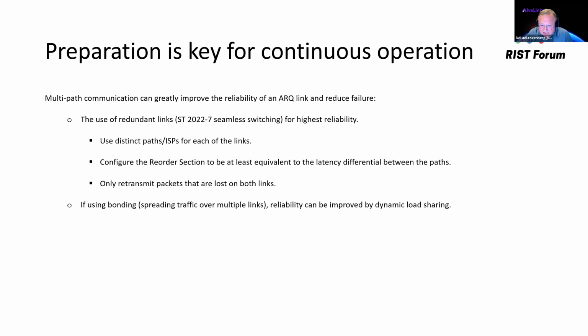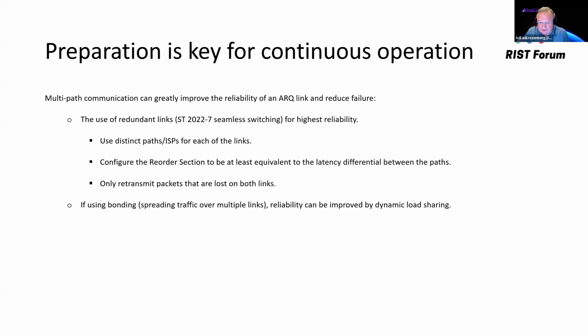Only retransmit packets which are lost on both links. If a packet is lost on one link, you can use the packet that arrives on the other link to recover that. Some methods use recovery on both links, and that just aggravates the network, and we say that you should avoid that. If you are using bonding,